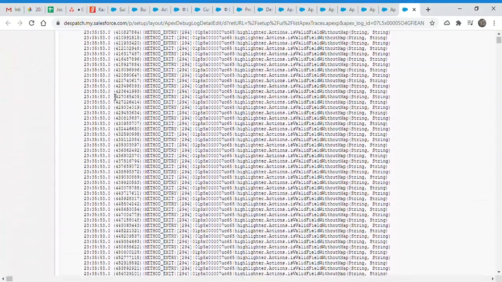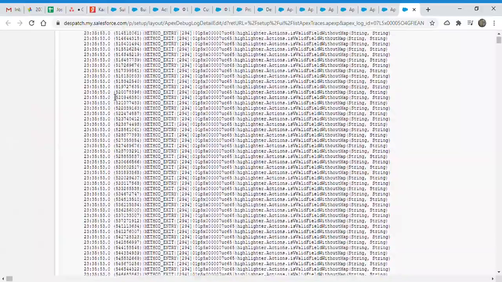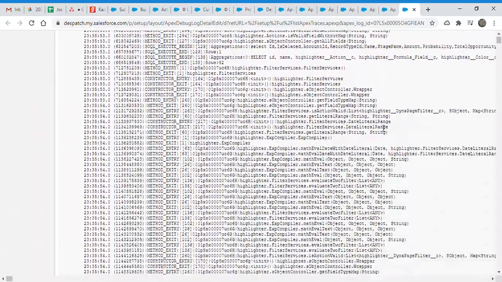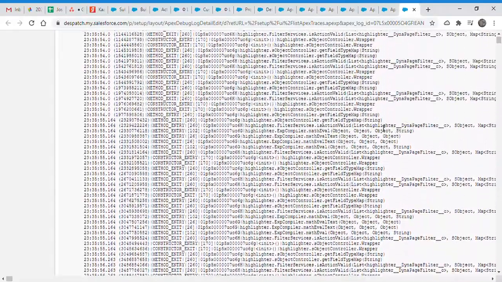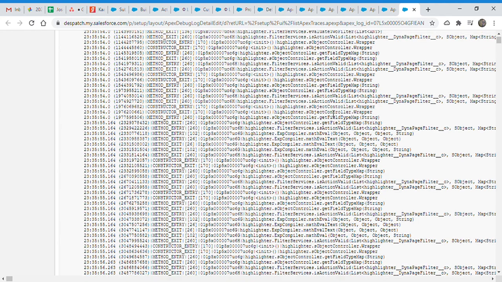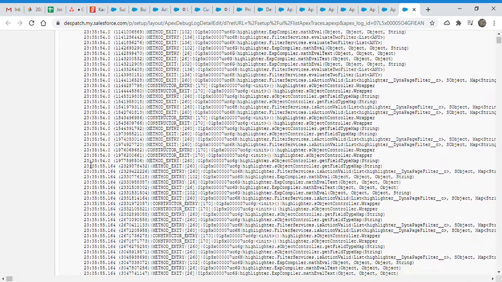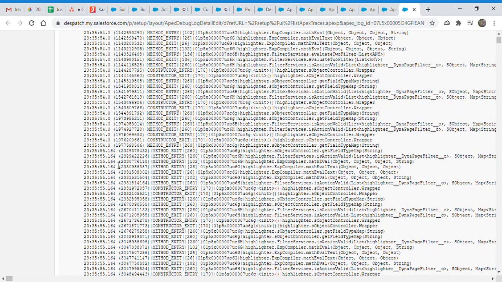Okay, and this log is big. I already traversed the whole log, but I just wanted to discuss. So here, constructor exit, and right here it took like 1 second. It came from 54 to 55. That's fine because it's not that big a jump.